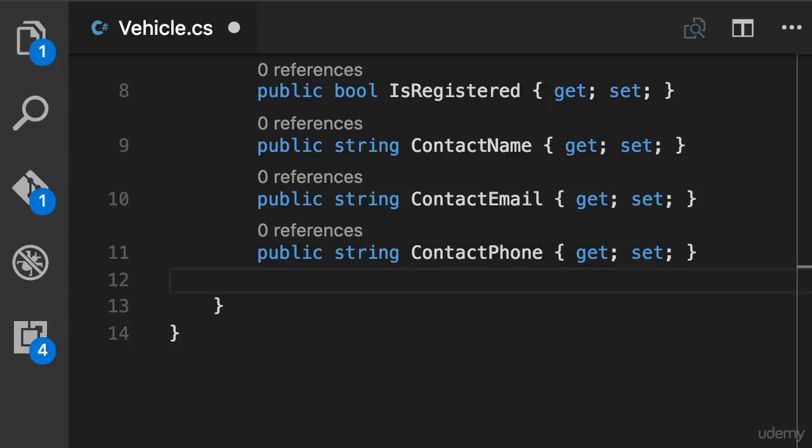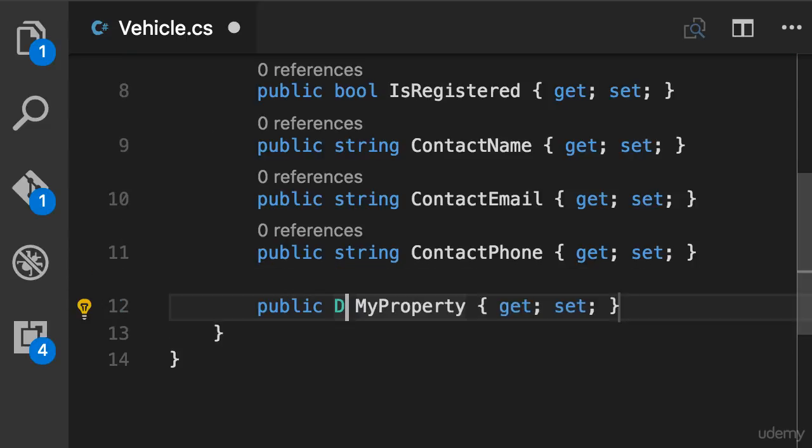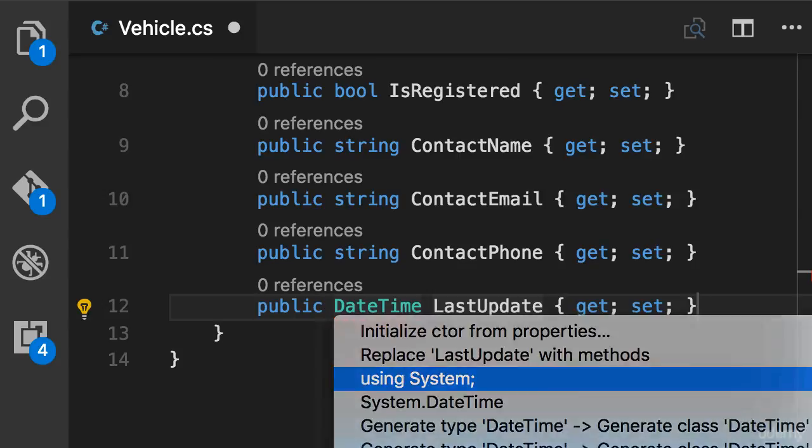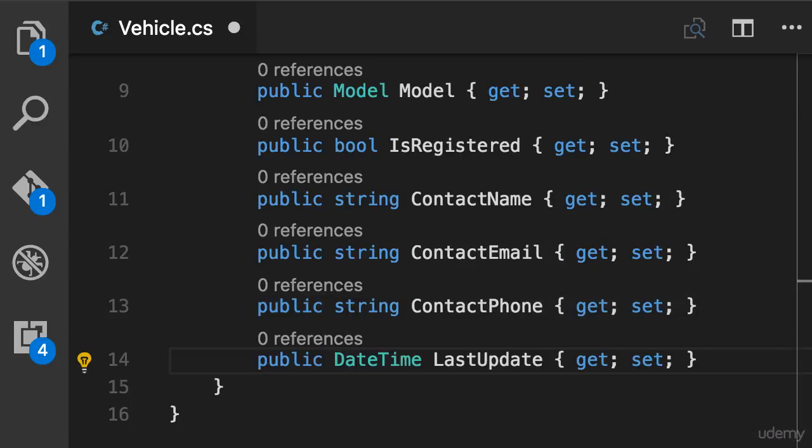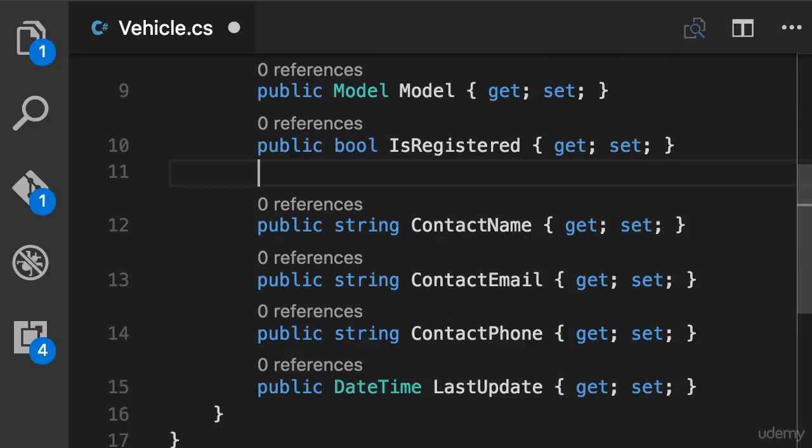I'm also going to add another property here, prop DateTime LastUpdate, because this is something that you see in a lot of real-world applications. Now let's resolve the namespace. Okay. And finally, before moving to the next lecture, I want to apply a couple of annotations on this contact